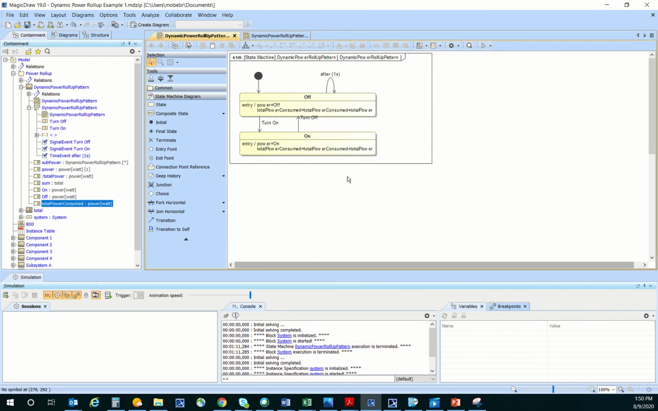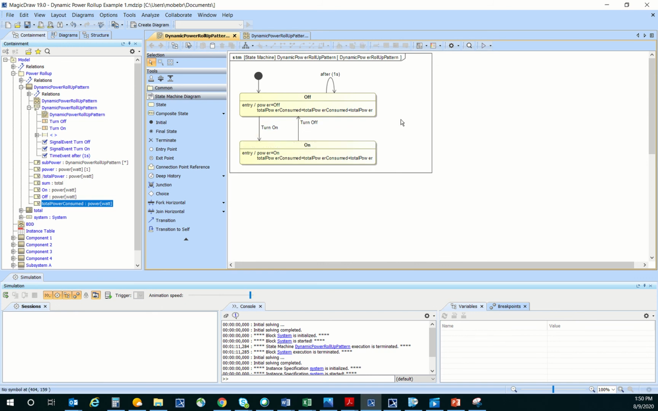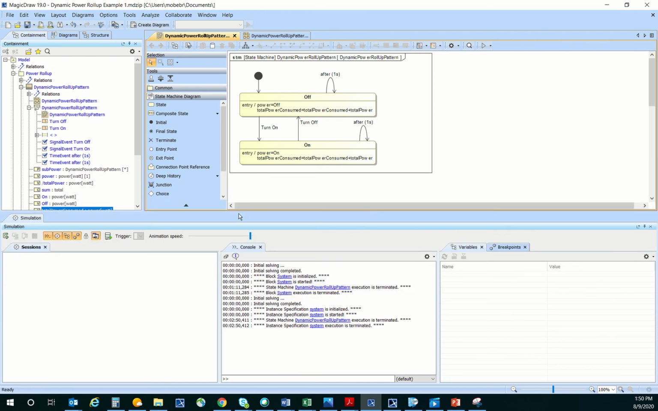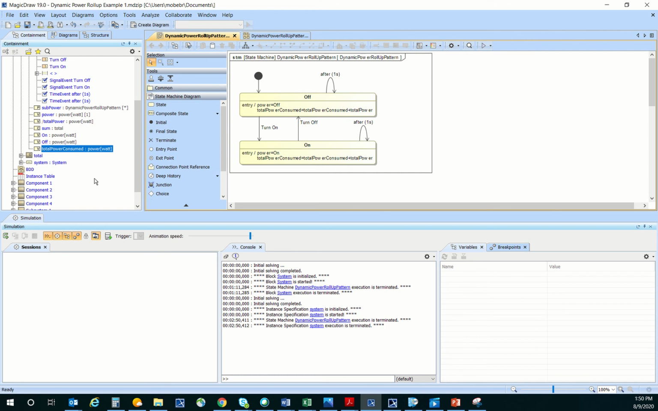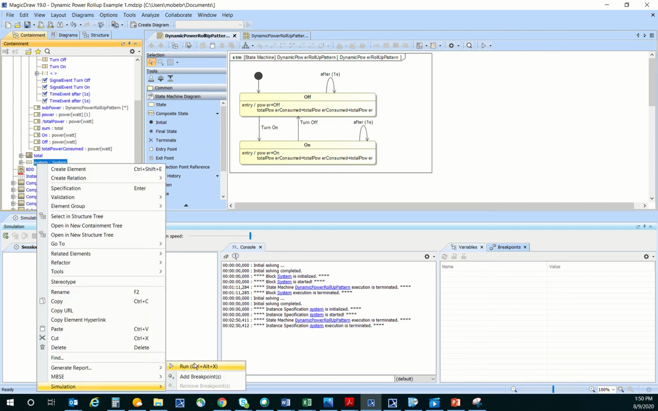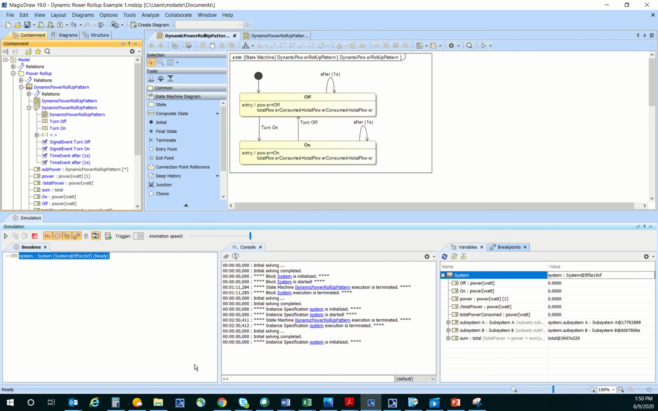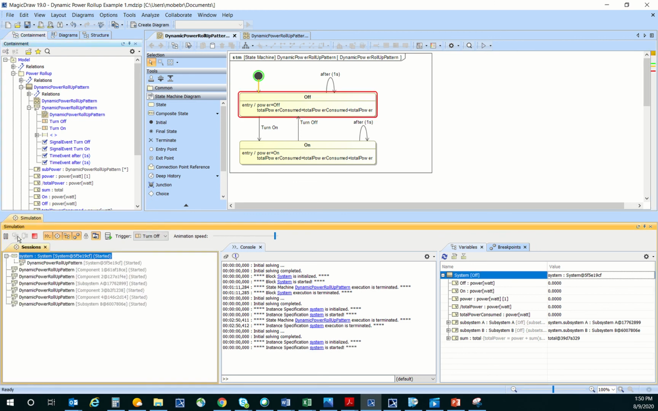Now what I haven't done yet is added in the transition to self. So in that state machine, you'll do the transition to self and just start typing after 1s in parentheses. And we should be good to go there. So now when we run this simulation again, remember, run from the instance. So you can right click on that and do a simulation, go to run. And then when you play that,